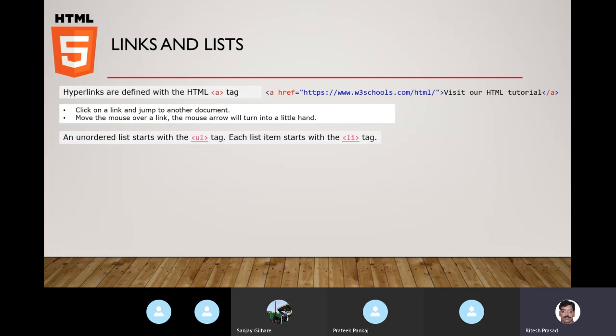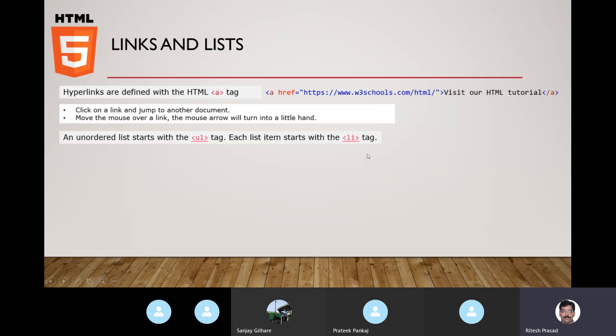The next thing is listing. Listing begins with an unordered list. So you know, you might have been using the bulleted points like we have here, 2 bulleted points. So if I have to create this kind of appearance on HTML, we have a choice. We can use UL tag, and then UL tag will have one or more li tags,